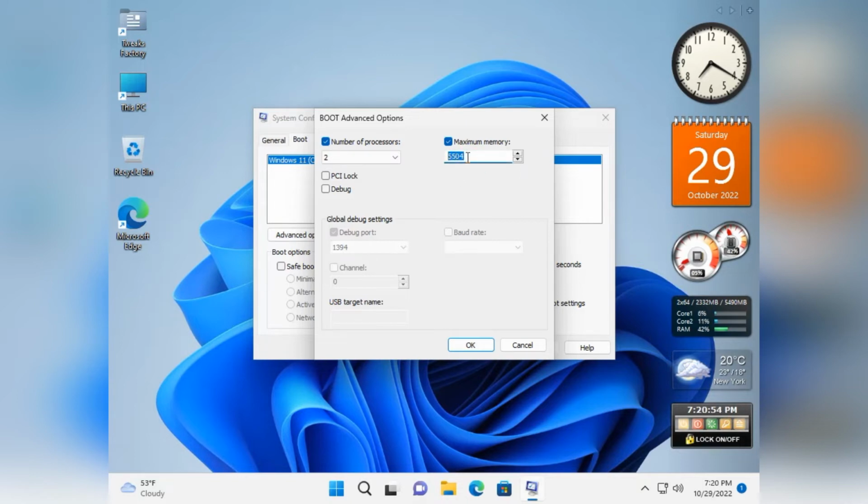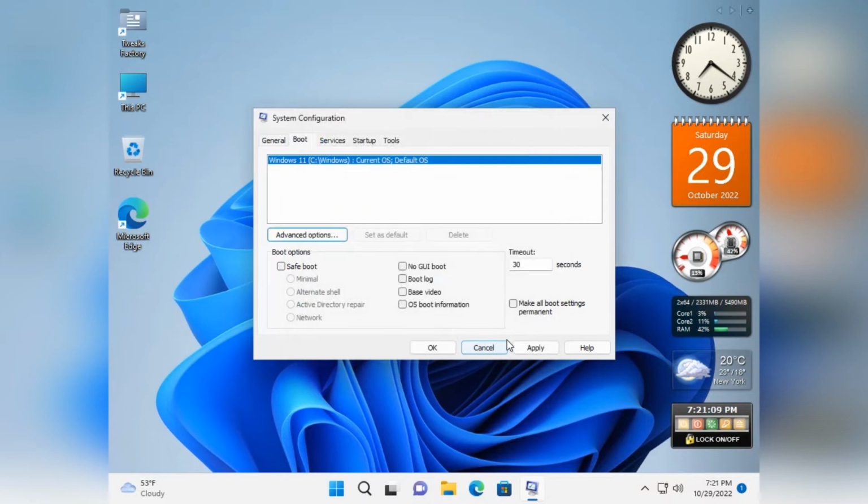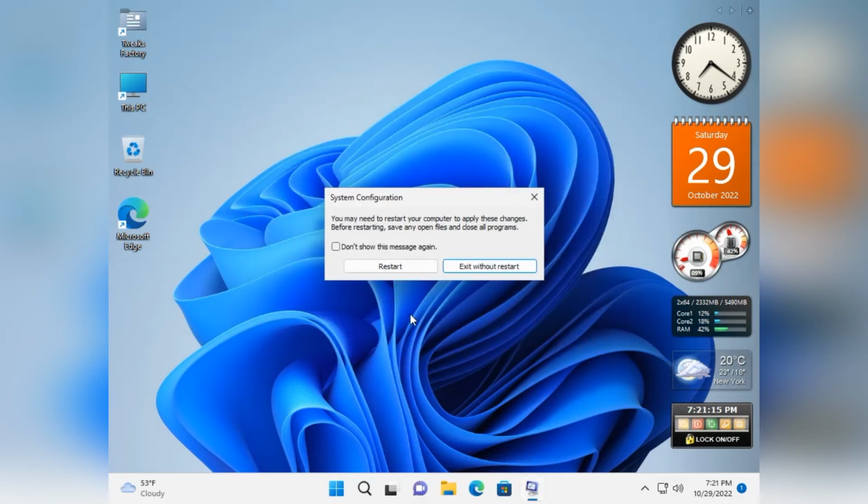For me it is this. For you, how much you have. After you do this, left click OK, left click apply, left click OK here, and here must be restart Windows